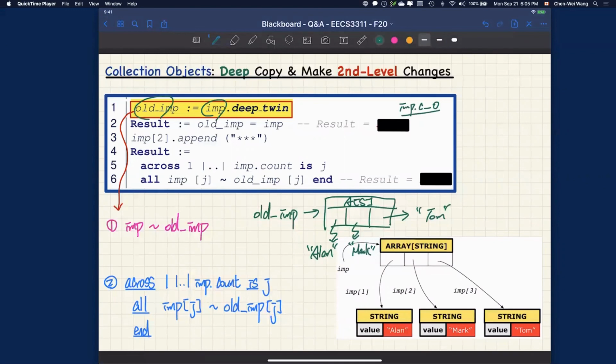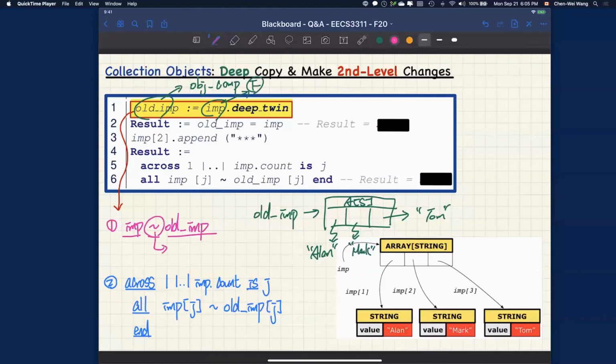Okay, so now let me just write it clearly for you. So now you can think about over here: oldImp, if you got object comparison, should be false. And also for imp, object comparison should be false as well. Okay, so that means when we actually say the first one, when we say imp ~= oldImp, first